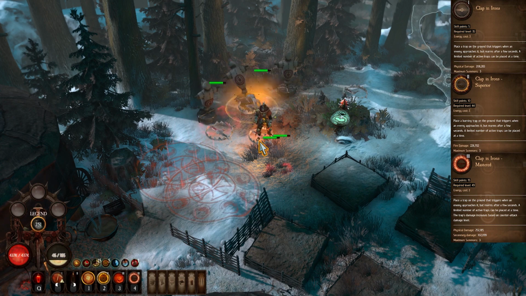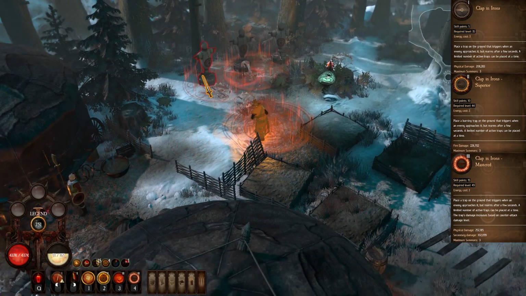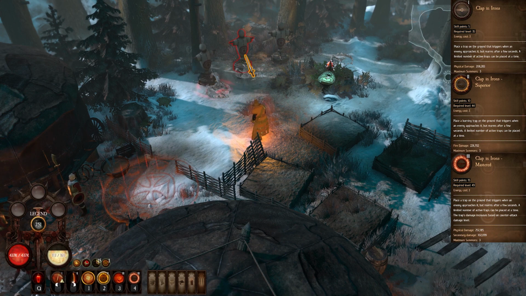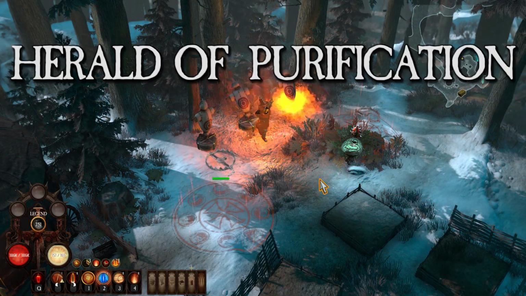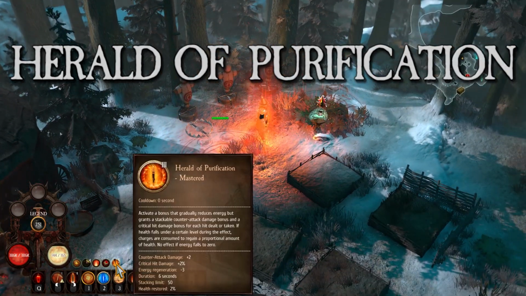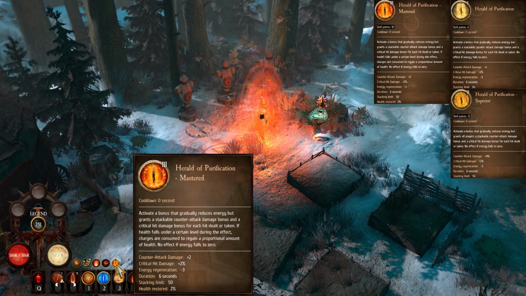It's actually pretty fun as an idea to have this much spamminess on traps. Even Lightning Spire's traps, you can't spam as much by channeling, you have to do it a little bit slower. Next is Herald of Purification, and this is a god skill that is a toggle, and as you toggle